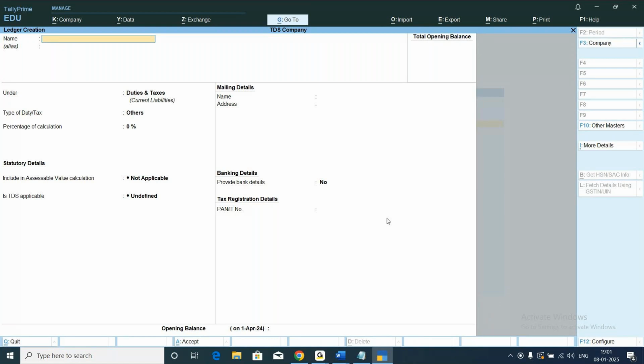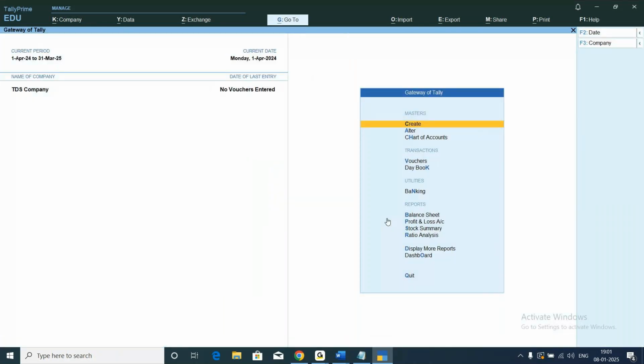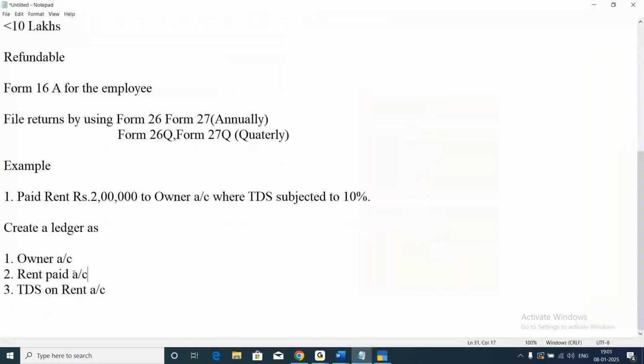Okay. Finished everyone creating the ledgers? Do you have any doubts? No, ma'am. Okay. Now, after creating the ledgers, we have to do some adjustments here. The adjustments like